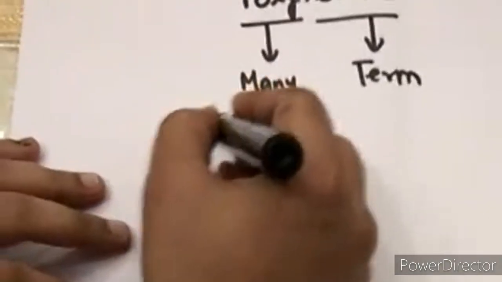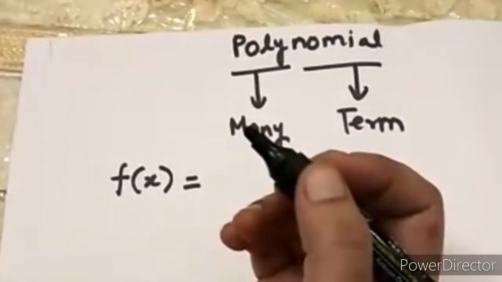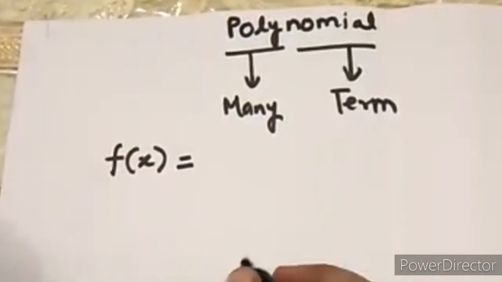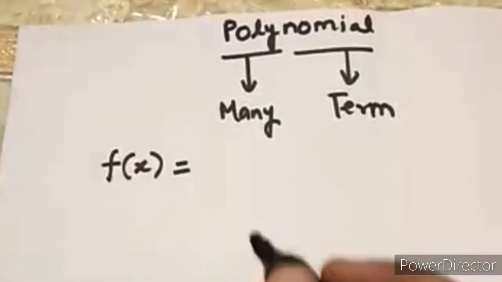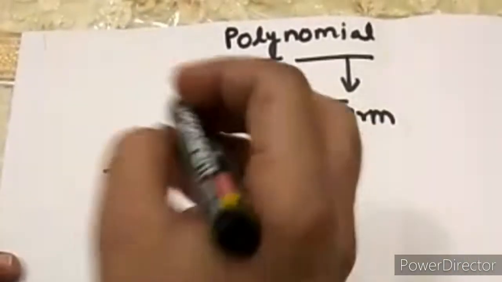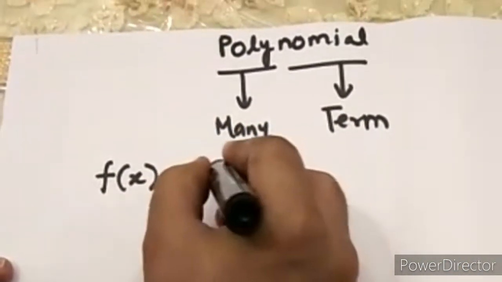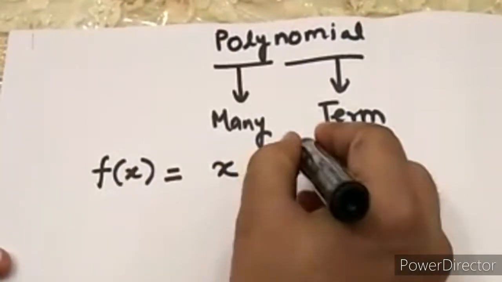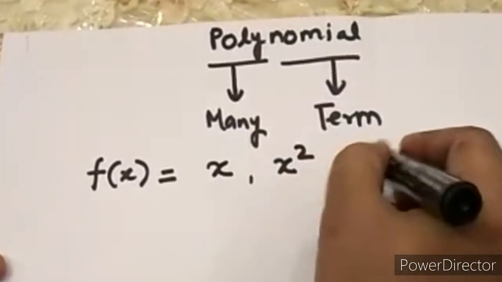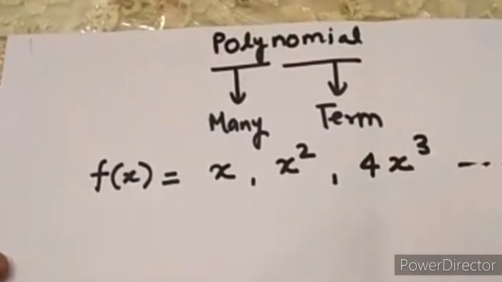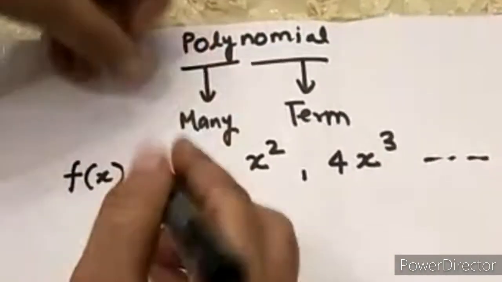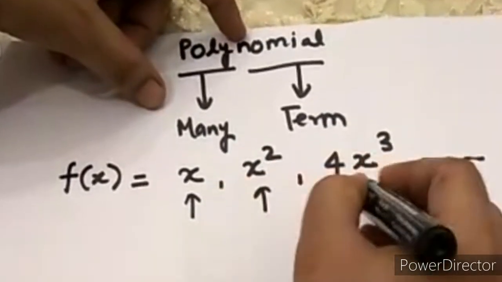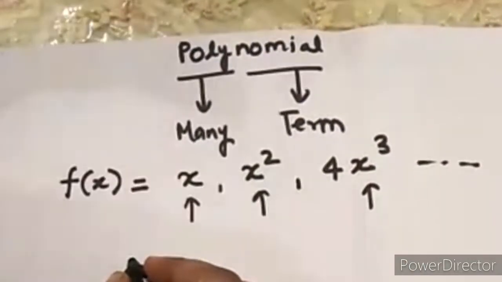For example, a polynomial means a combination of many terms. Terms can be variable, or they can be fixed. When I say variable, I mean like this, or this, or this, any terms. Why am I calling this variable? Because if you put any value to these numbers, you will get a different answer.